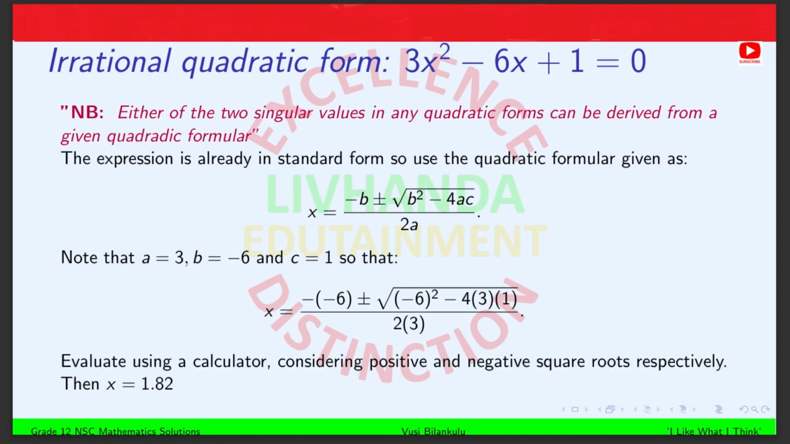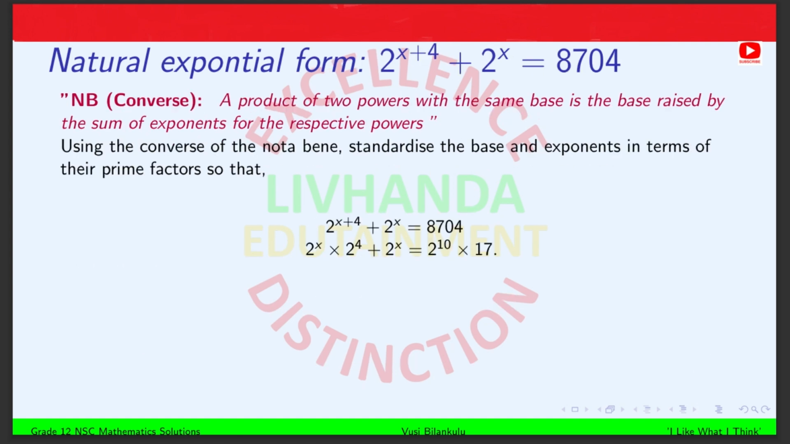And then, using a pocket calculator, this formula is evaluated initially with respect to a positive square root, so that a singular value is 1.82. This same formula is again evaluated with respect to a negative square root, so then a singular value is now 0.18. Consider next an expression of natural exponential form, defined as